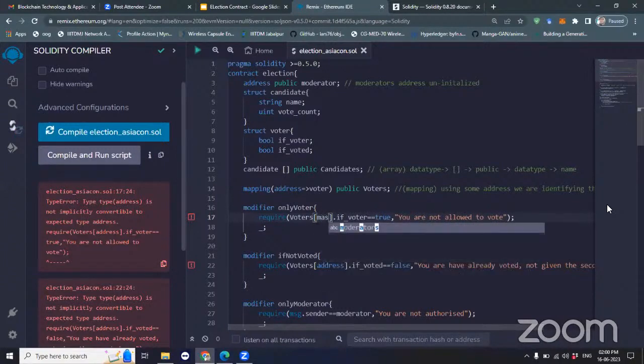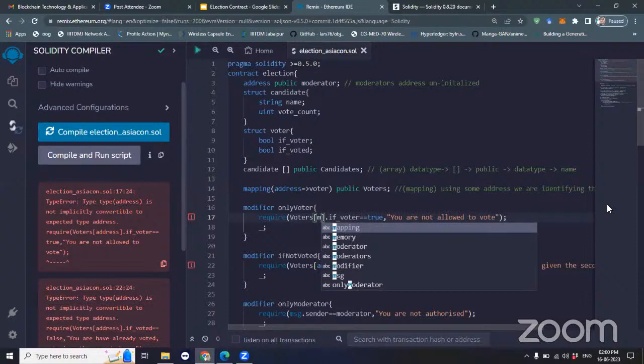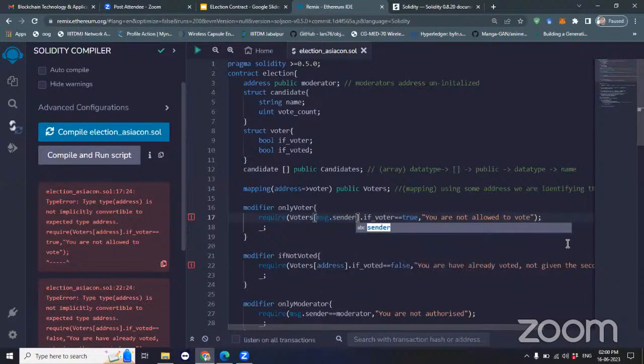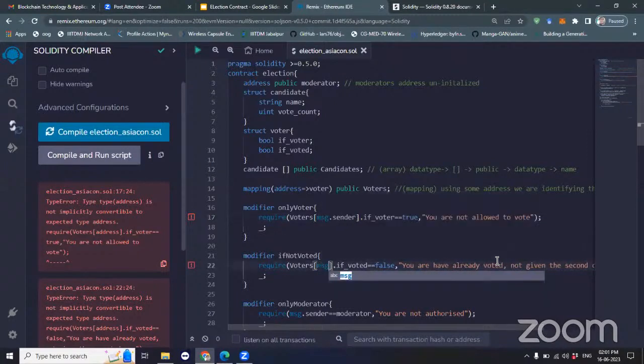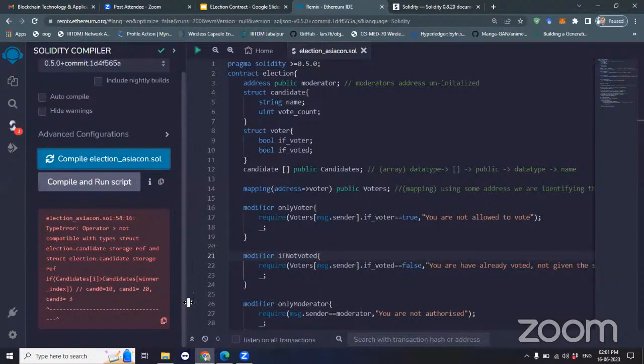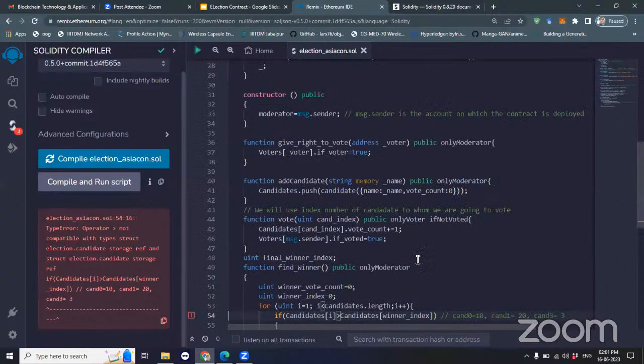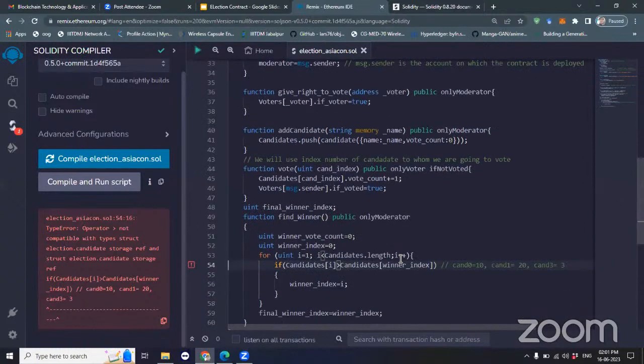So that is message dot sender. That will be always message dot sender. And it is saying that it is not compatible with types of candidate storage reference. Okay, so this is, yeah,